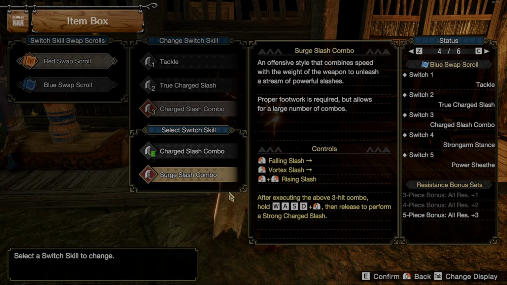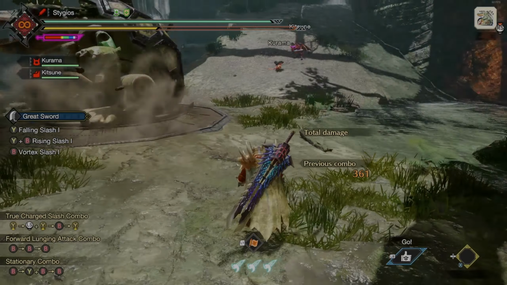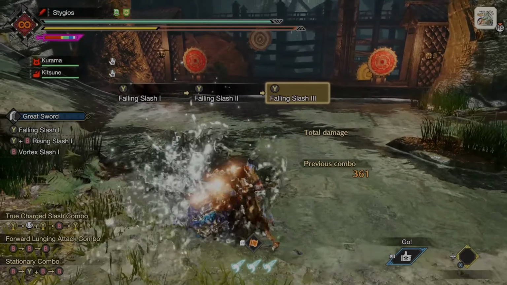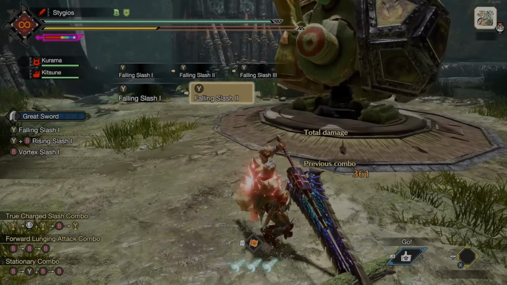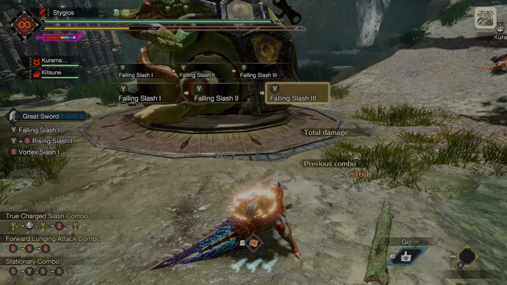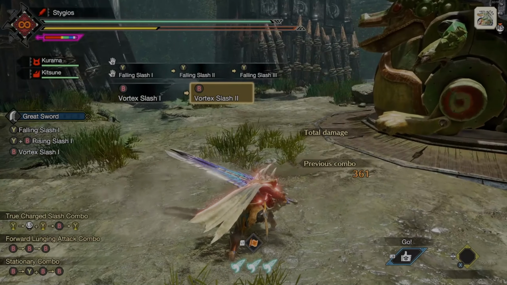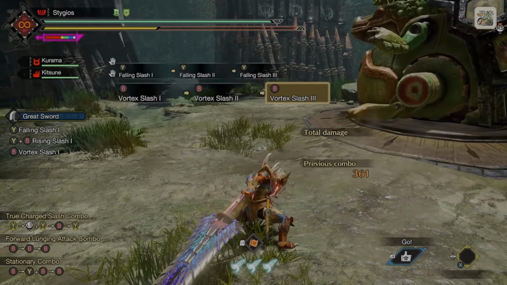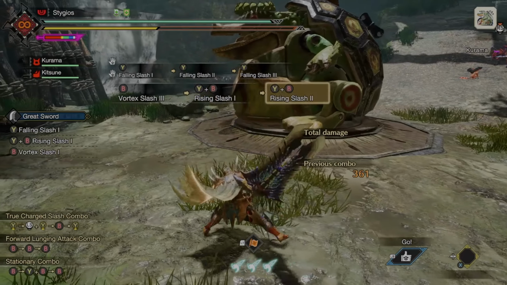Now let's go ahead and look at our Surge Slash combo. This is going to change our YB, B, and Y attacks, so let's go ahead and look at those. So our Y attacks are now going to be Falling Slash 1, 2, and 3. And there are actually a few different times that you can input the button to make it look a little bit different. Just like that. These are your B attacks, some Vortex Slashes, and again they all go up to 3. And lastly we have the YB Rising Slash,